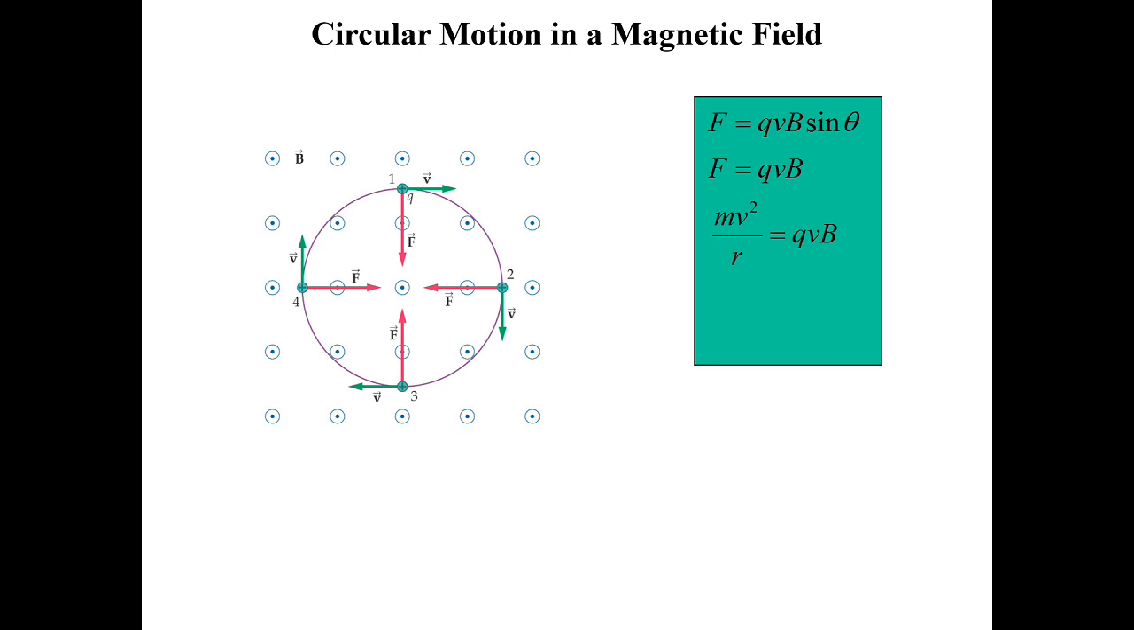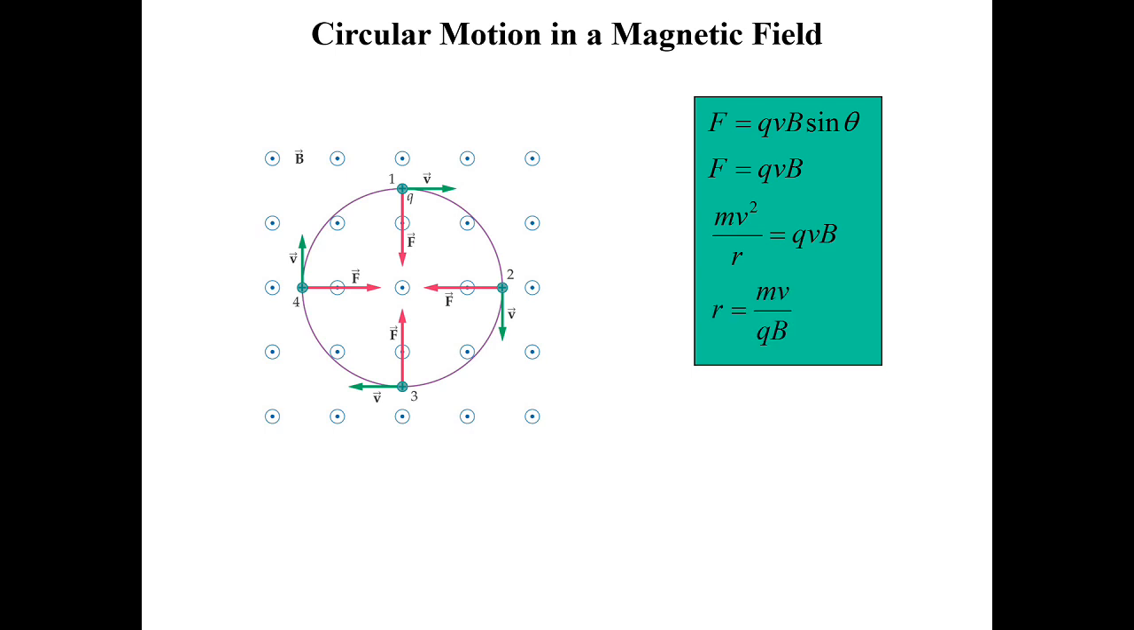So that means the centripetal force is mv squared over r, where m is mass in kilograms, v is velocity, and r is the radius of the cyclotron orbit. We can rearrange this to find the radius for all charges in a perpendicular uniform magnetic field and get that